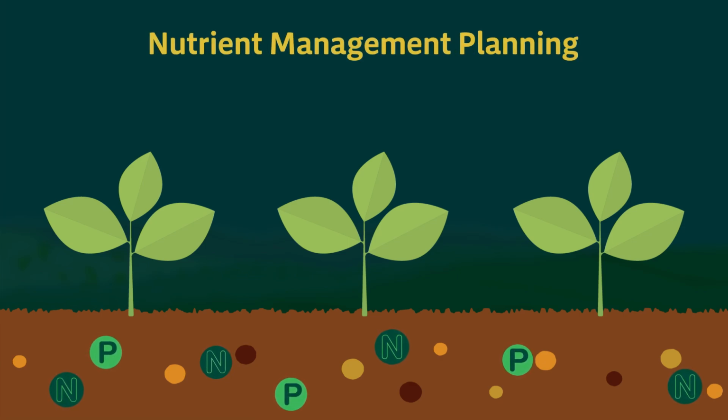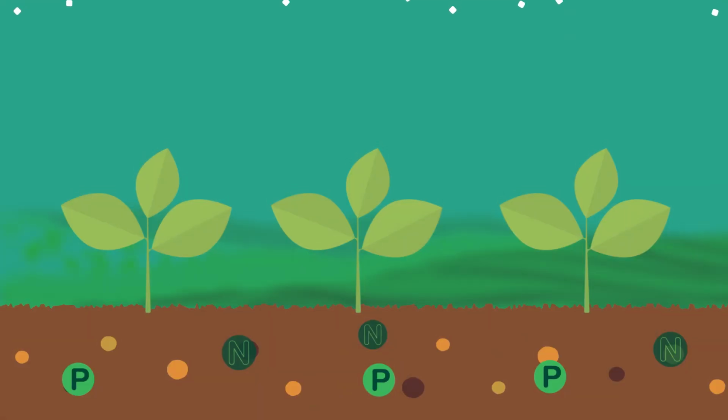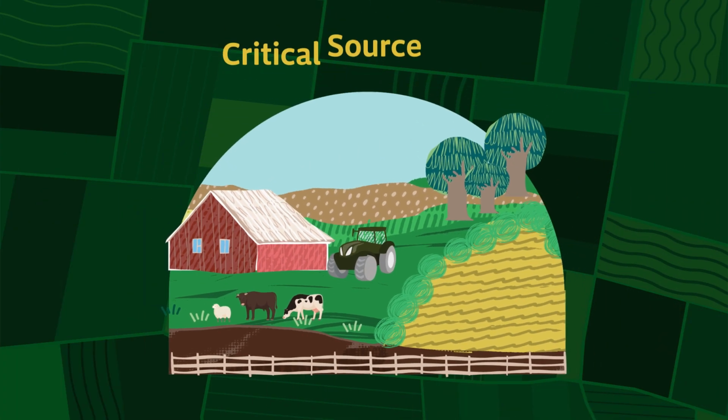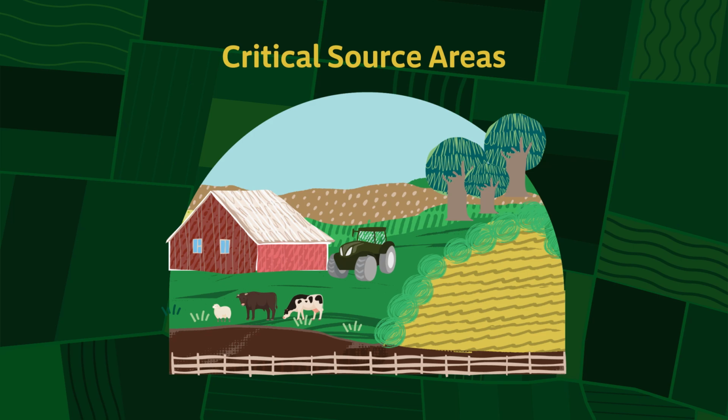Nutrient management planning is required to balance nutrient inputs with crop requirements. However, there are lots of ways for nutrients to be lost on a farm. The application of nutrients through chemical and organic fertilizers can result in losses to water through runoff or leaching. Critical source areas, or CSAs, are higher risk areas on farms that can potentially deliver increased levels of nutrients to